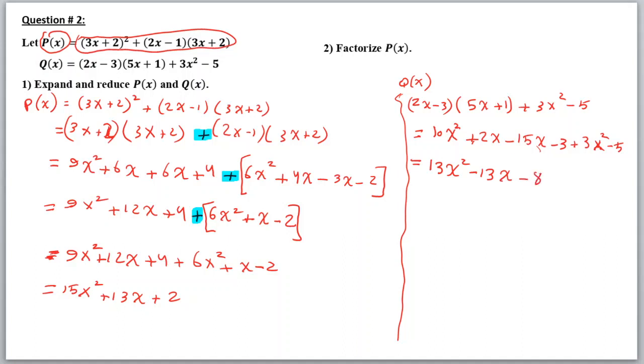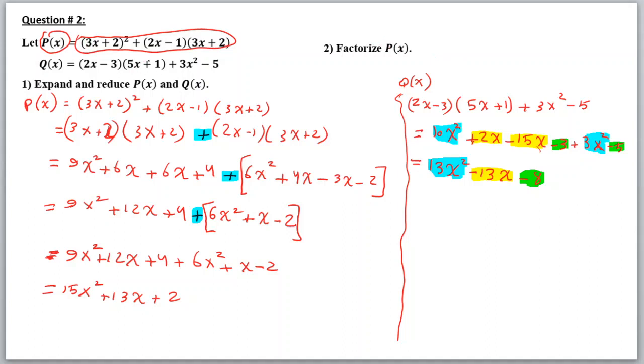I repeat it again. I have 10x squared from here plus 3x squared, so we get 13x squared. And then we have 2x minus 15x, so it is minus 13x. And then we have again minus 3 minus 5, it's minus 8. Okay, so this is Q of x. Now